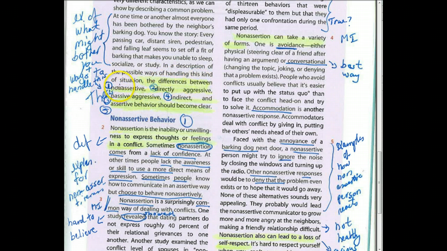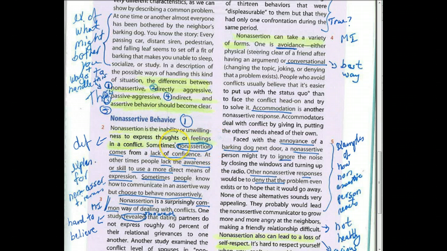The differences between non-assertive, directly aggressive, passive-aggressive, indirect, and assertive behavior should be clear. And I marked it by 1, 2, 3, 4, 5. So there's going to be 5. Here you can see that the thesis is clearly marked. And up here I have written example of what might bother you, plus ways to handle this. On the margin next here I have written DEF, which stands for definition,